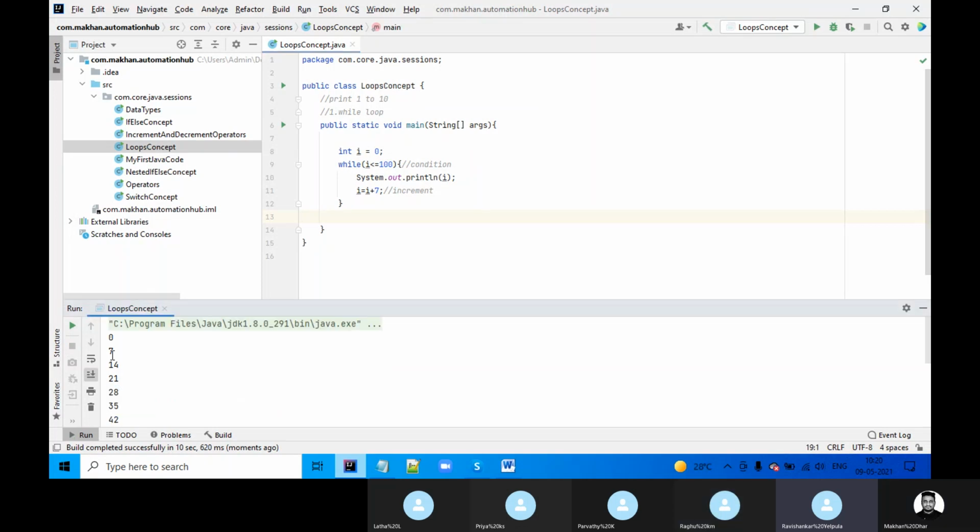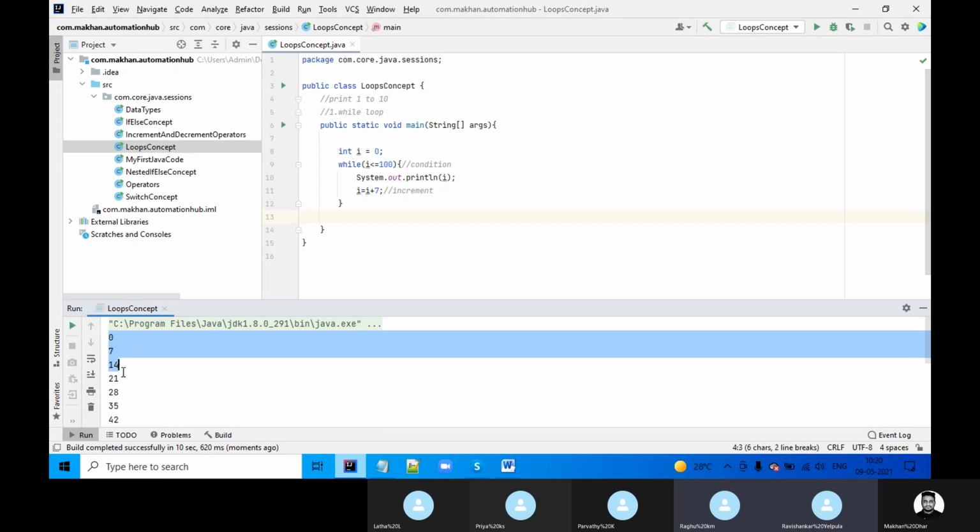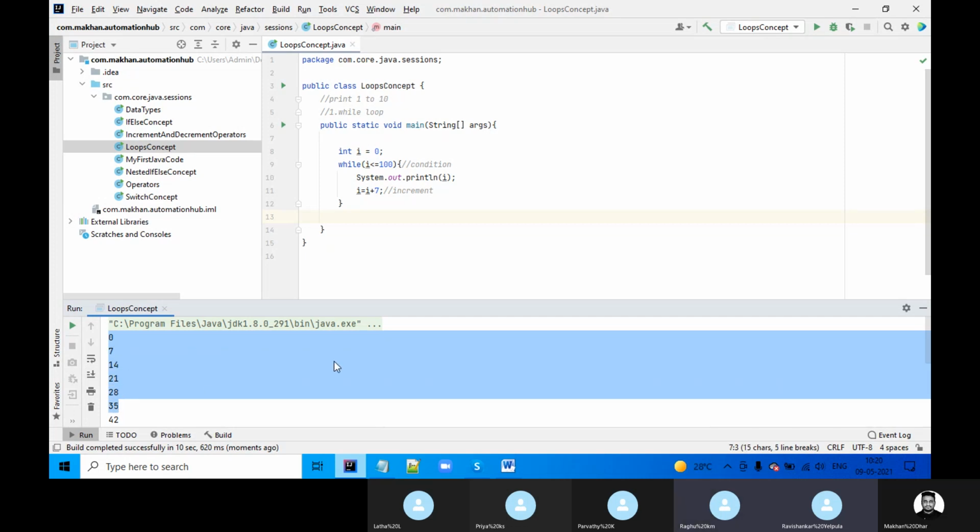See, how will 7 work? It will print 0, 7, 14. Multiples of 7. It will print all the multiples of 7, the table of 7, up to 100. Exactly, the 7 table. So here, you have to put the logic if you want to print the 7 table. Now I want to write the logic to print 1 to 10 or 100. So that's how I built it, and it's based on your requirement. Okay.